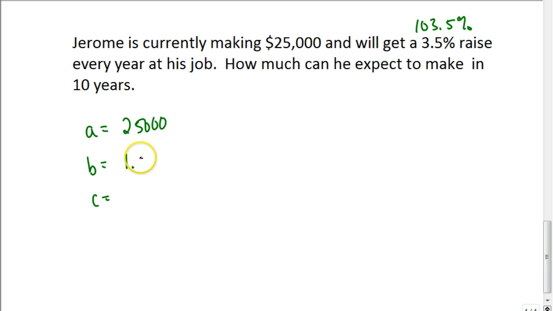Change it to a decimal, so it'll be 1.035. And our value for x is going to be 10. So your equation would be y equals A, which is 25,000, times B, which is 1.035, raised to the x power, which is 10. And when you do this on your calculator, you should have gotten as your answer